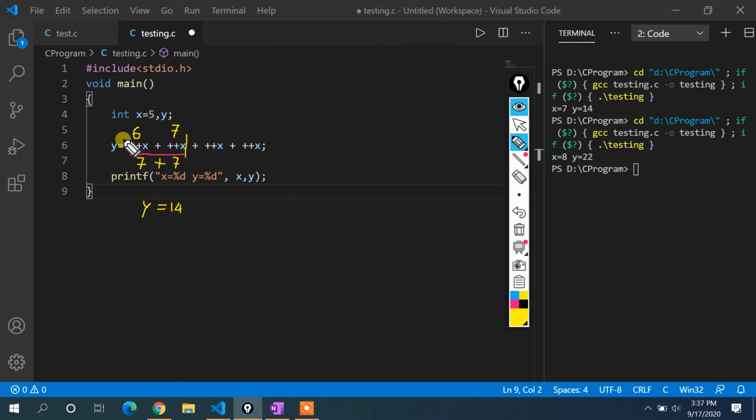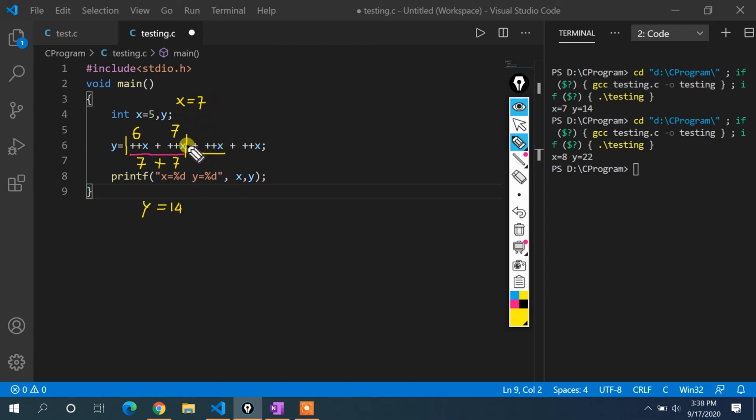Okay, remember this execution is up to this only. Still the execution has not been finished. Now what is the value of x here? So x becomes 7. Okay, so after executing this 2, we get this 2 value. Now after executing it, we will execute this line. So this is ++x. So ++x means first of all we have to increment it.